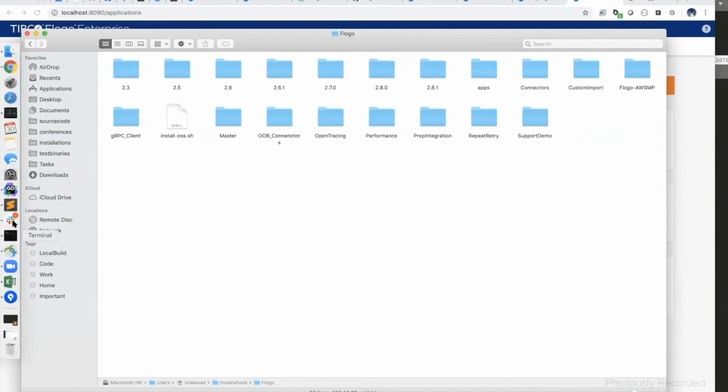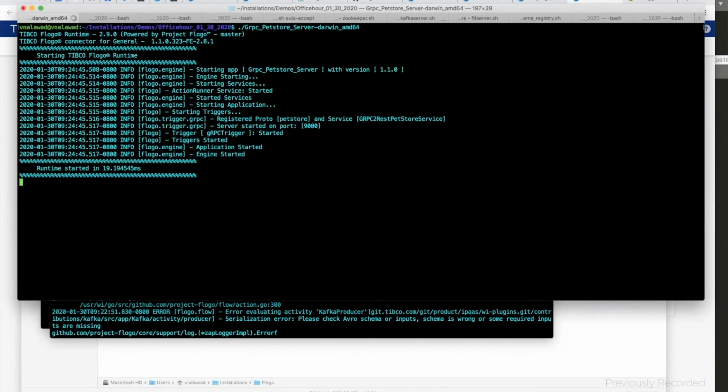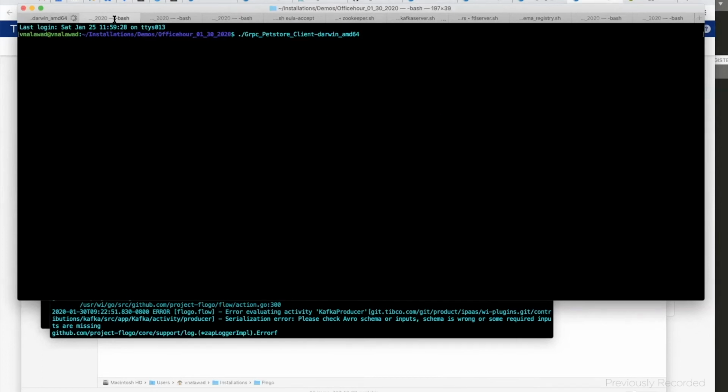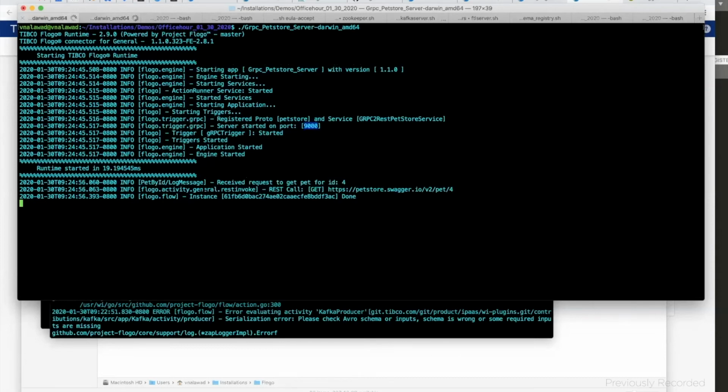Yeah. So these are the two binaries that I created using the same pet store application. Here I started this. Now you can see that the gRPC server is started on 999. I will just go here and start the client. So what will happen is, since it's a random number, you can see that it tries to call this.